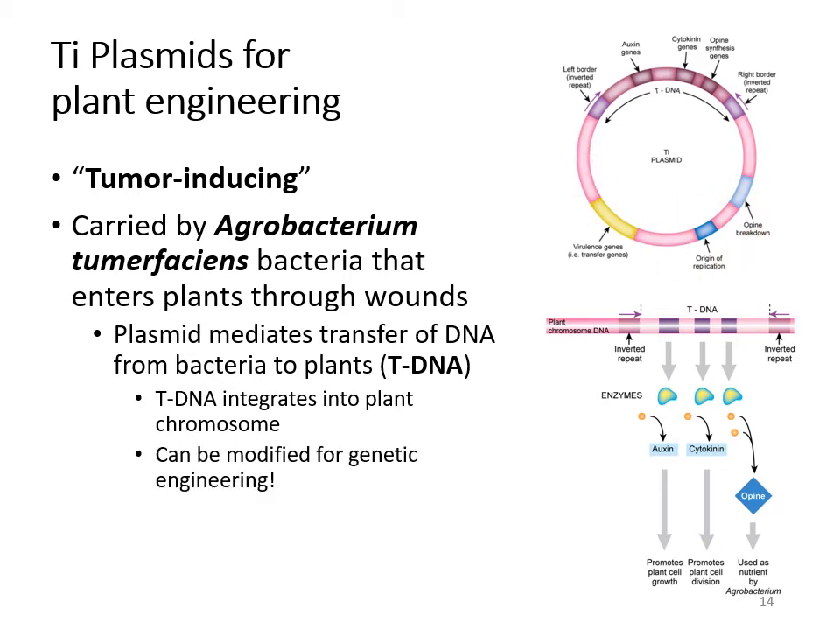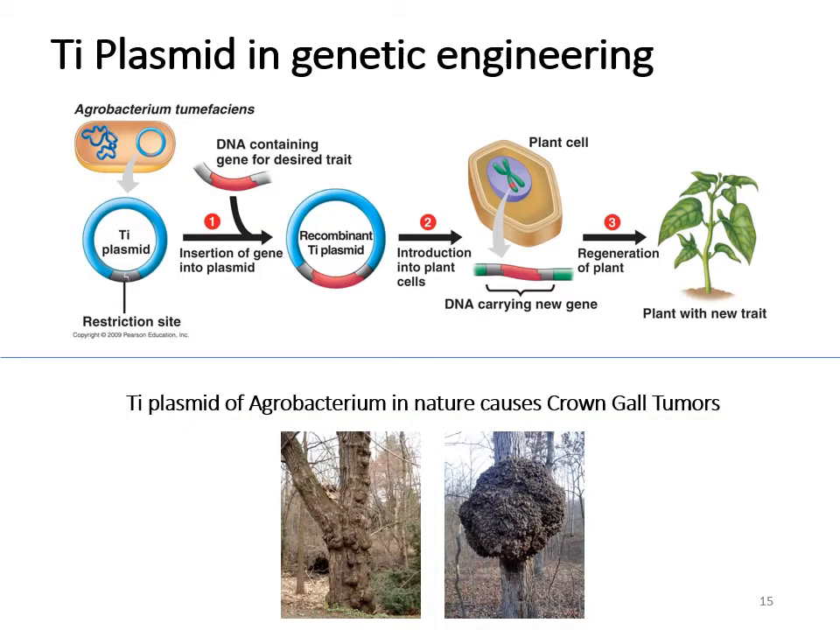Okay, so we're able to modify that plasmid, the TI plasmid, to take out the bad bacterial genes and put in our desired genes, and boom, now we can get the plants to produce whatever we want. Okay, so to help you